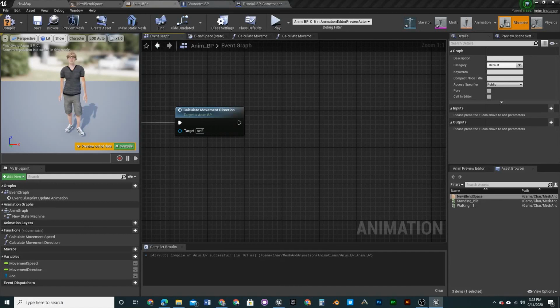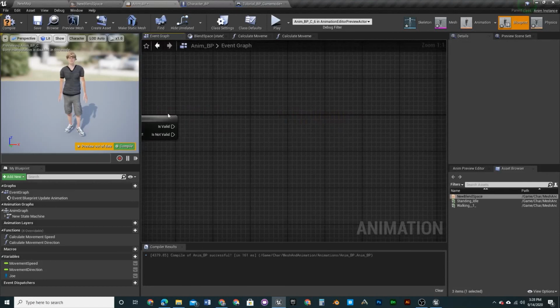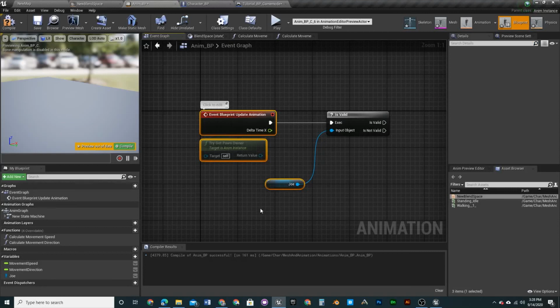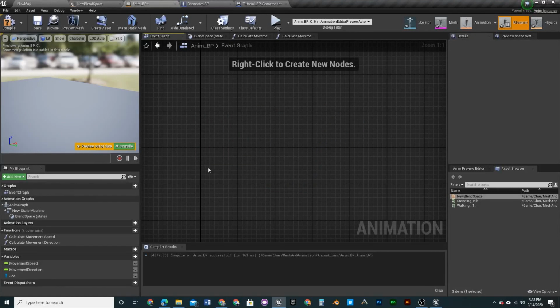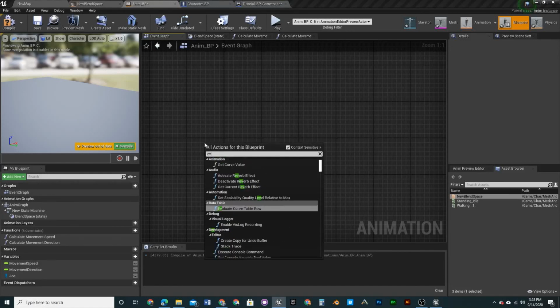Actually, you don't need to do this. Yeah, it's going to be a little different. Sorry, my mind was on something else. So yes, you would need to do this, but this would be for a death animation. You would just do set dead, if dead. But you need to do event